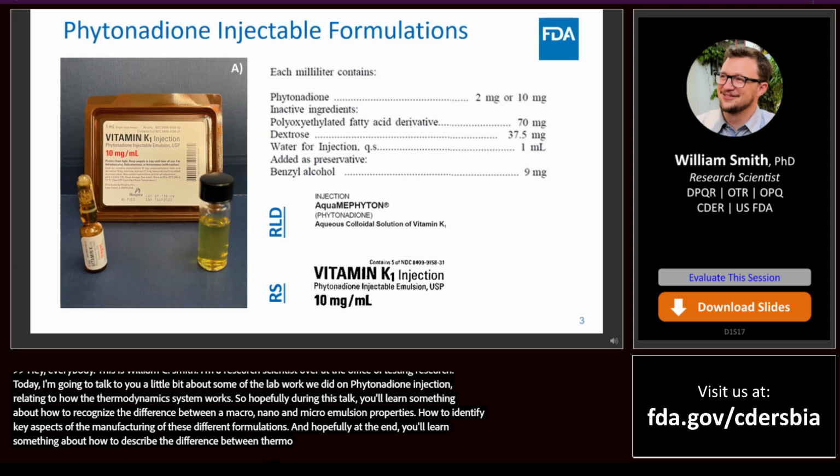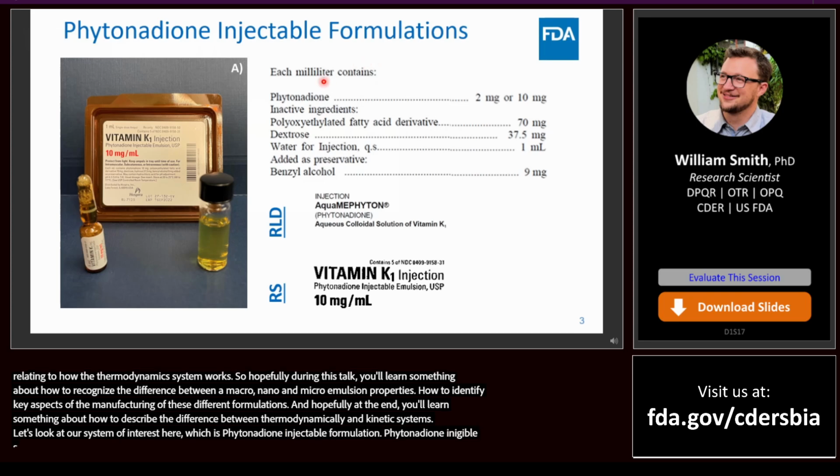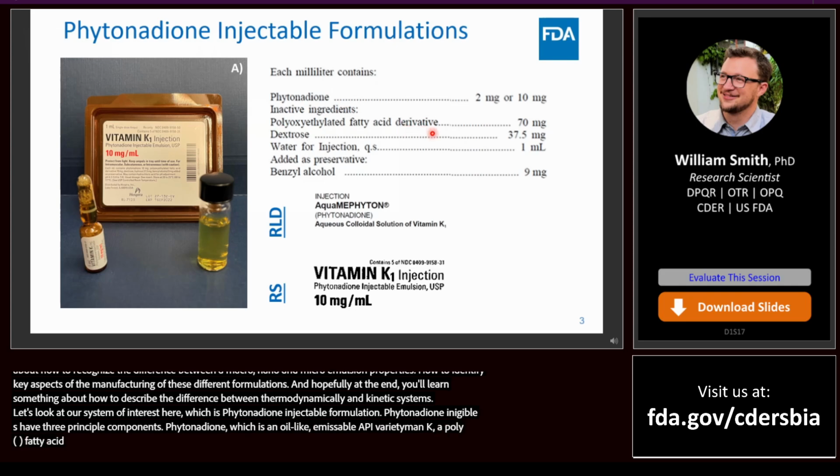Okay, so let's look at our system of interest here, which is Phytonadione injectable formulation. So Phytonadione injectables have three principal components: Phytonadione, which is an oil-like immiscible API, vitamin K, a polyethoxylated fatty acid derivative, which is the surfactant, acts like the emulsifying agent or a soap or a detergent, and it's all dispersed